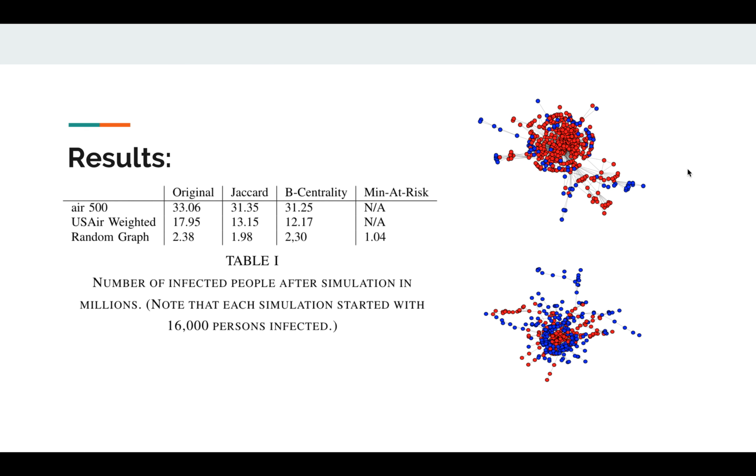And below it, we have the same simulation run after removing edges based on betweenness centrality. And as you can see, there are far more nodes with much fewer infected individuals, which is sort of like a visual affirmation that removing edges based on betweenness centrality does indeed reduce the number of infected